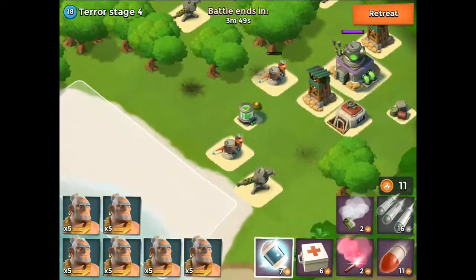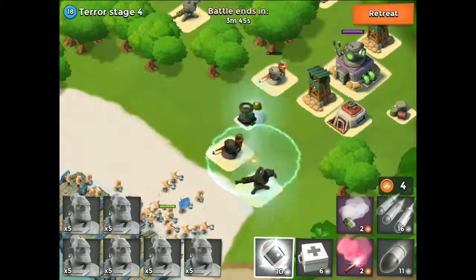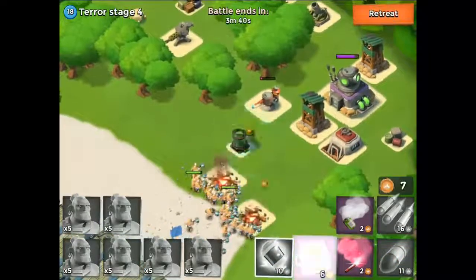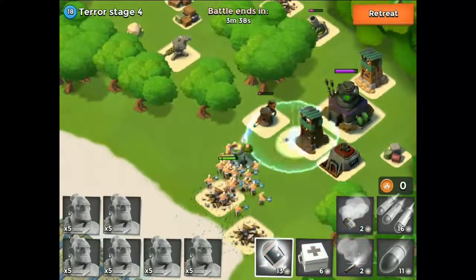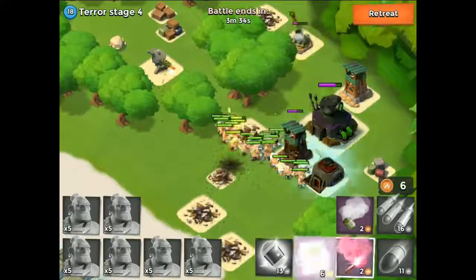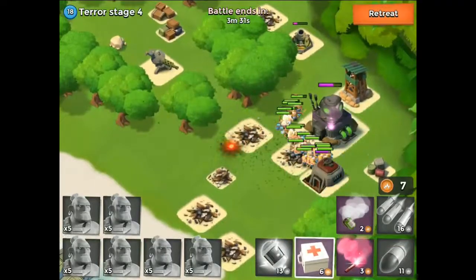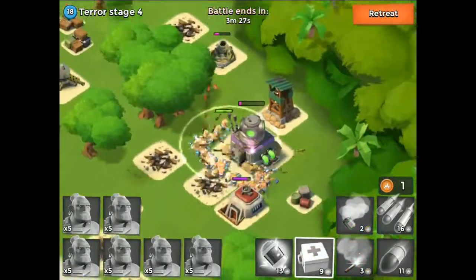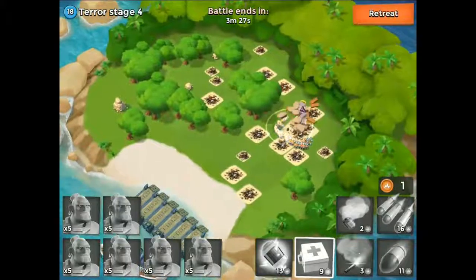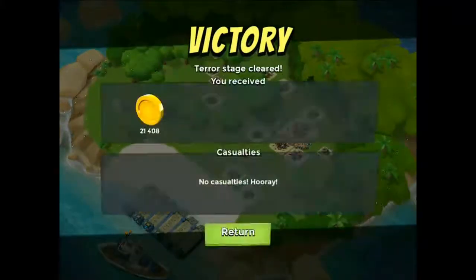Then I deployed my warriors right there, followed by a shock bomb. Even though these defenses were very low level, I had lots of energy to use, so why not? So I destroyed a few defenses, went to the headquarters. I didn't need a medkit, but I used it anyway and took care of it at this level. So in the next one, terror stage 5,